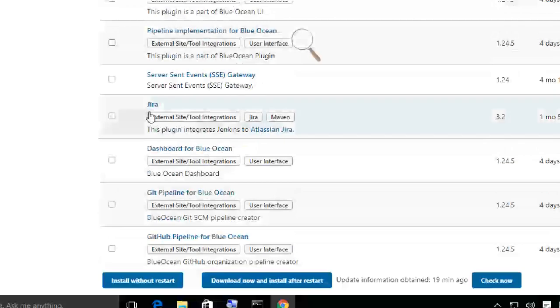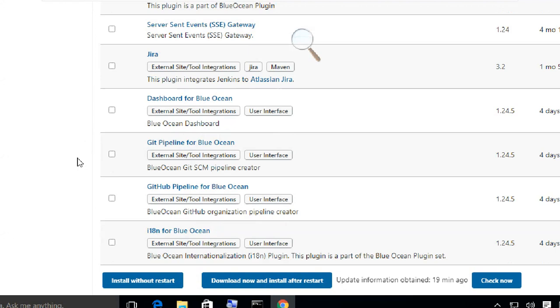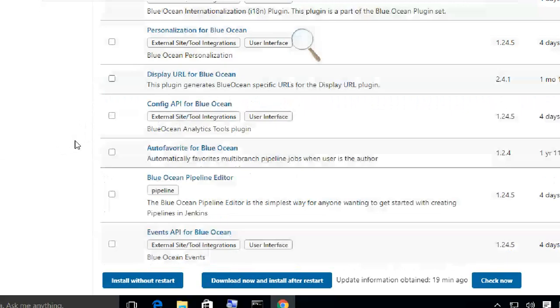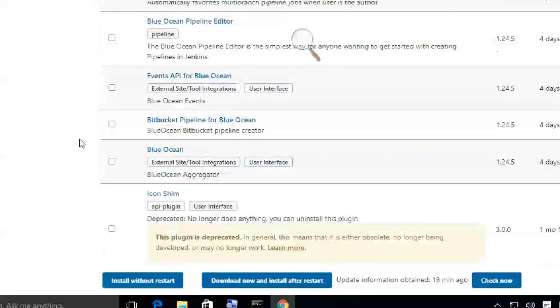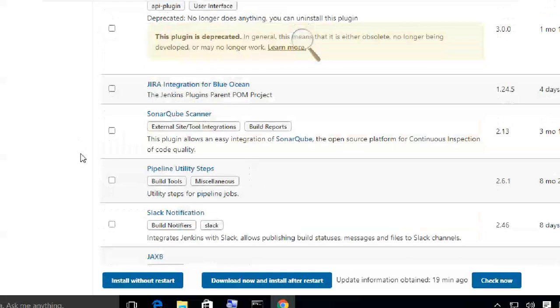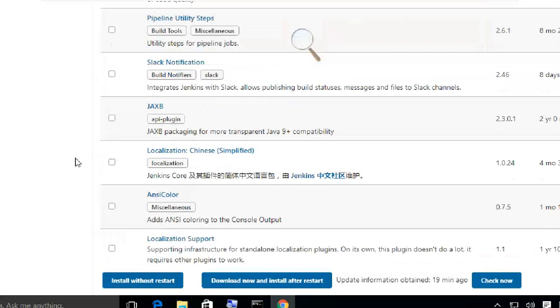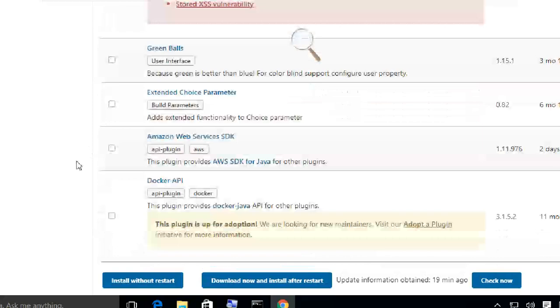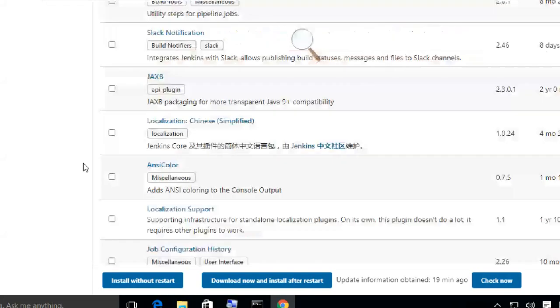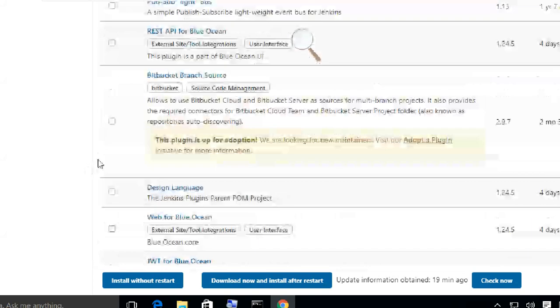Okay, AWS related one. Okay, Jira. Okay, dashboard for Blue Ocean. GitHub pipeline for Blue Ocean. Oh, so many Blue Oceans. Hmm, what is Blue Ocean? Now we have to search. Okay, Jira integration for Blue Ocean. Okay, for AWS, Azure, Docker, so many plugins are available here.